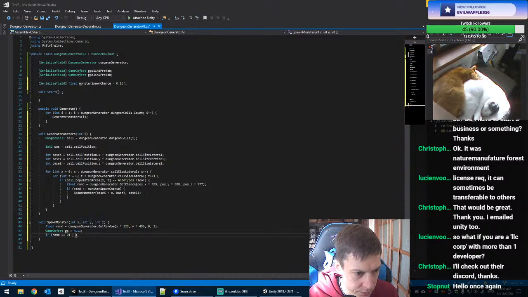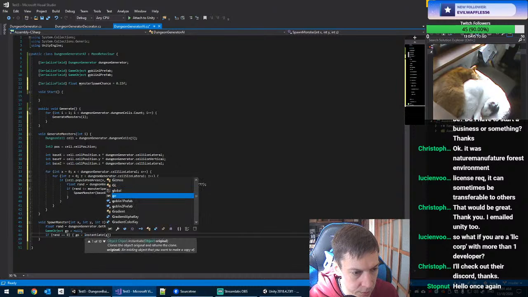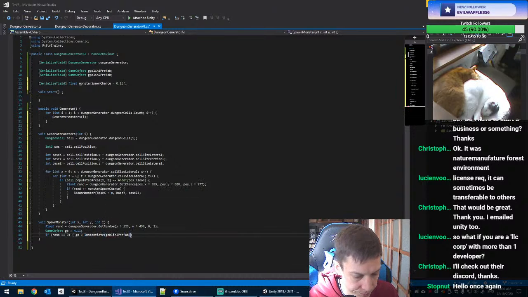But if we roll a 0, we want go to equal instantiate goblin 1. Yeah, we did want that actually. If rand equals 1, we're going to do goblin 2 prefab, and then